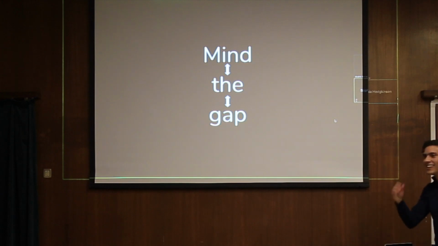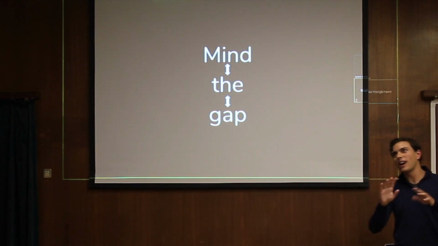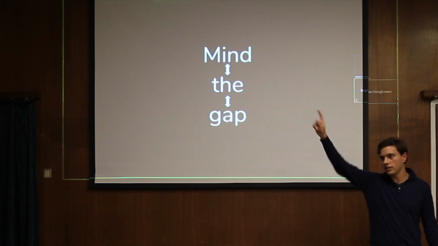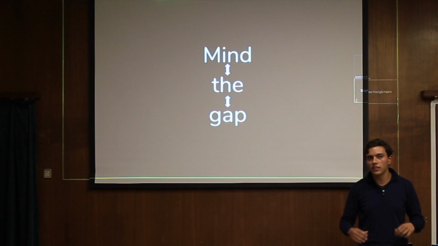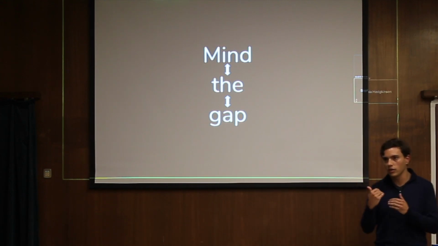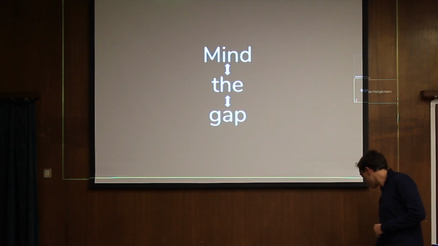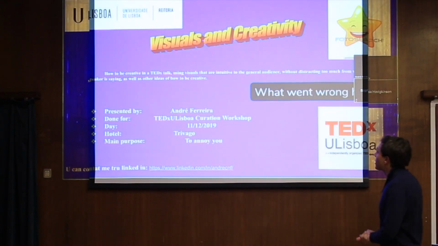Okay, so mind the spacing in the text. Because of course, there will be around 1,500 people in that auditorium over there watching your talk. Not every one of them can see clearly everything that's going on the screen, so please try to keep it with a decent spacing, okay? Okay, what's next that went wrong?